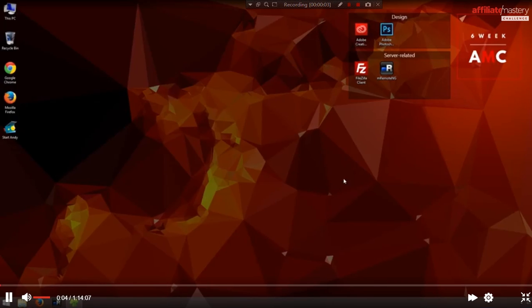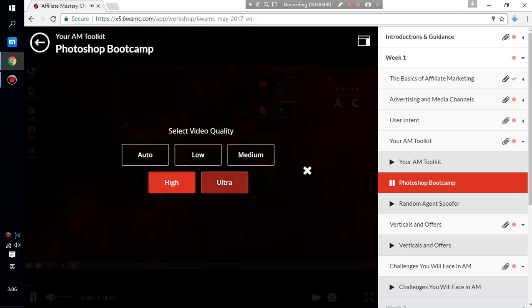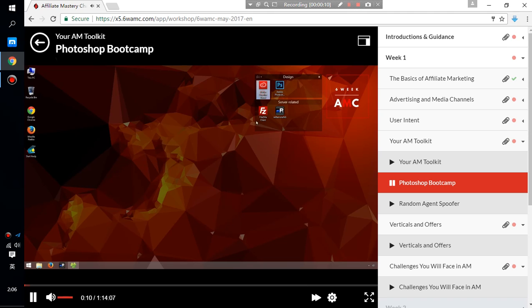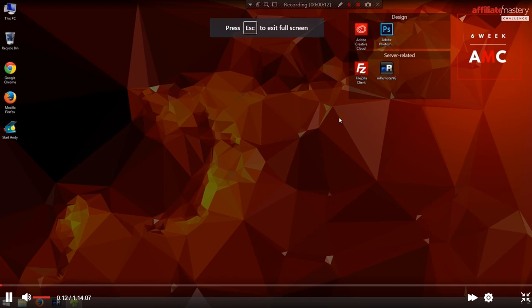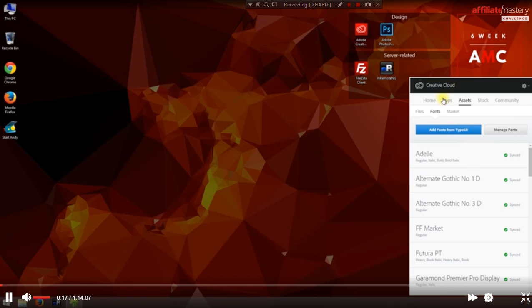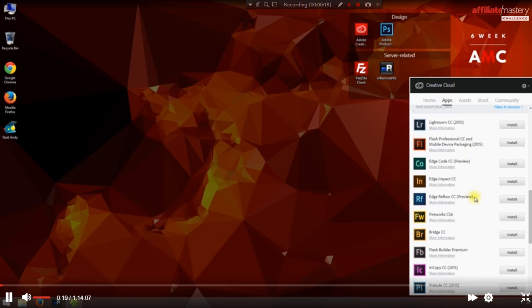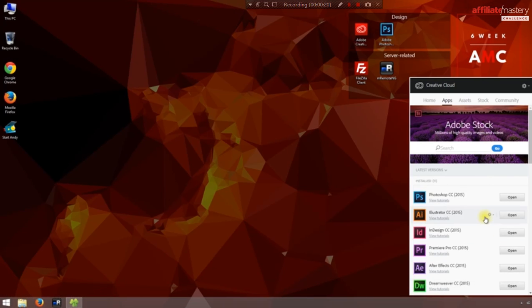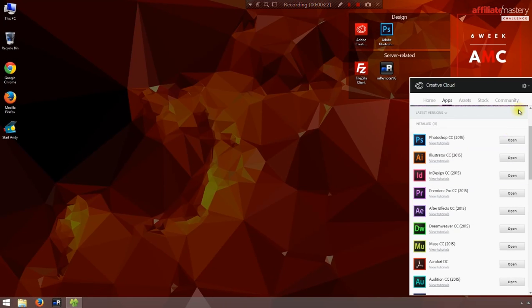So to start off, you need Photoshop. If you don't have Photoshop, go and get Photoshop. Go install the Adobe Creative Cloud, as you can see here, and with that you can get free trials of any of the Adobe apps. Through the Creative Cloud launcher, you can launch and install various apps that Creative Cloud provides, obviously Photoshop being the